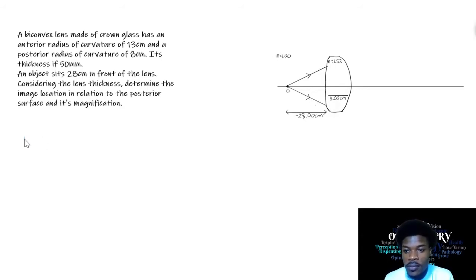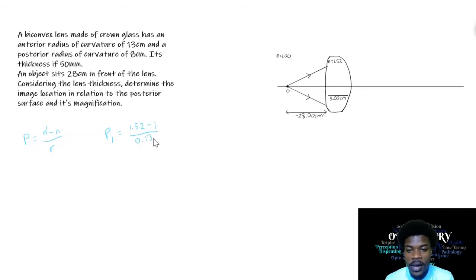Remember the formula, P is equal to N prime minus N over R. The other thing we need besides our radius of curvature is our refractive indices. Do we have that? Yes, we have air, and then we have 1.52, which is the refractive index of crown glass. So let's jump right into it. Let's go with P1 being the first surface, and for that we have N prime, which is 1.52, minus 1, and all of that goes over R, which is 13 centimeters. But guys, when plugging it into the formula, we need to put it in meters. So we're going with